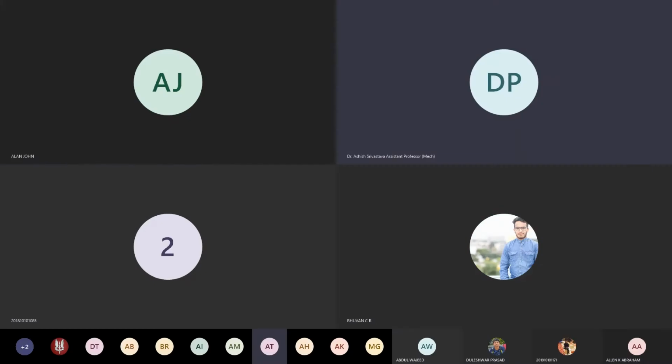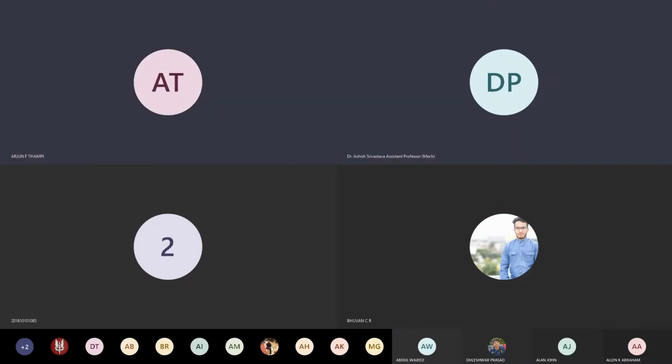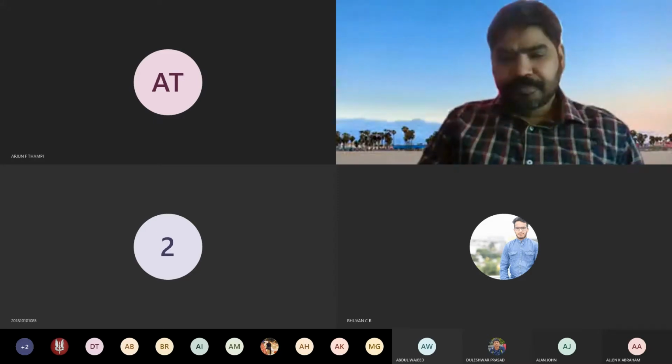So last class you were showing us how to find out the weight percent composition for a given temperature and its phases, sir. Yeah, correct. So we are looking at how to find out the composition of the various phases at a given temperature and